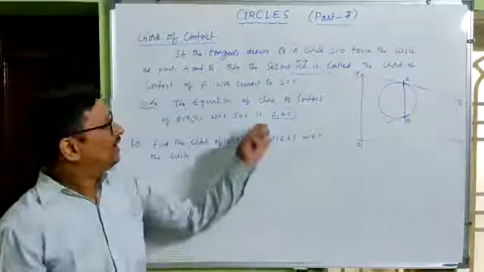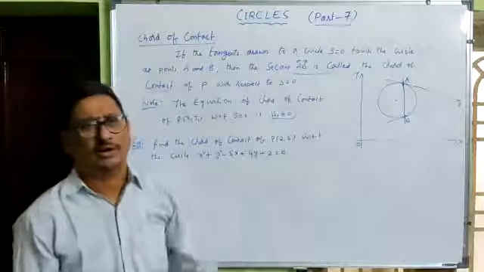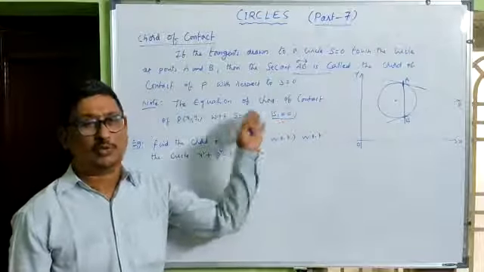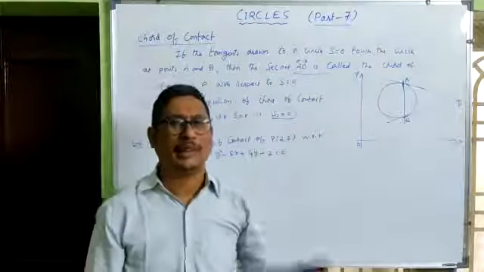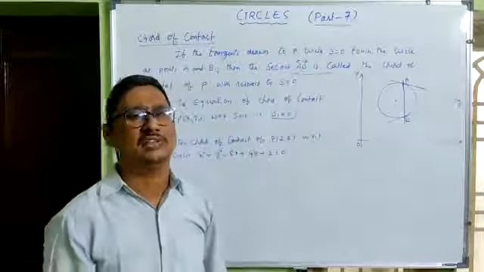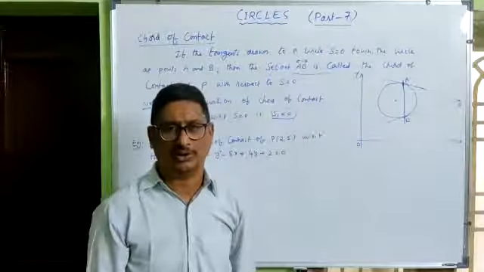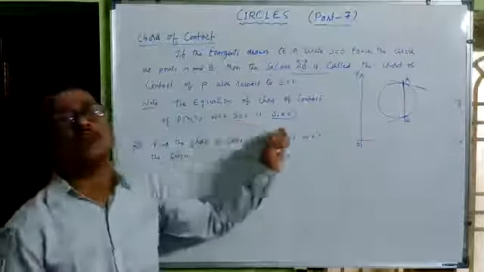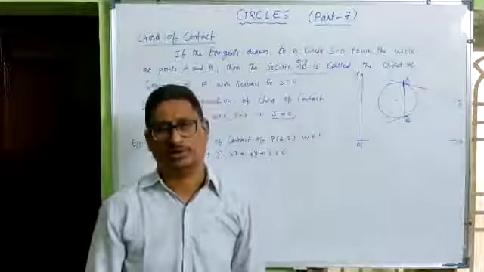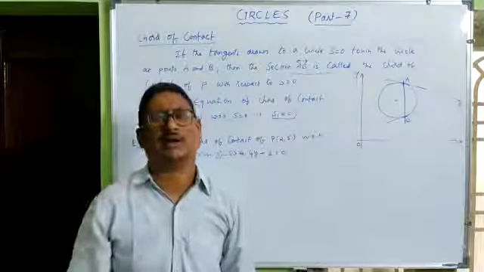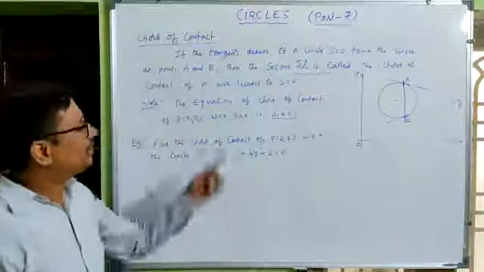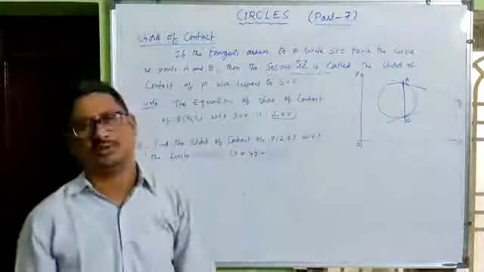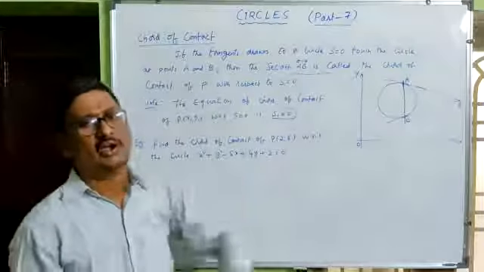So whenever you see this equation, you have the feeling that this is already given somewhere before. The equation of tangent to the circle S = 0 at P(x1, y1) is also S1 = 0. So the equation of tangent is S1 = 0 and the equation of chord of contact is also S1 = 0. We have to observe: the concept is different but the formula is the same. The chord of contact of P with respect to the circle S = 0 is S1 = 0.